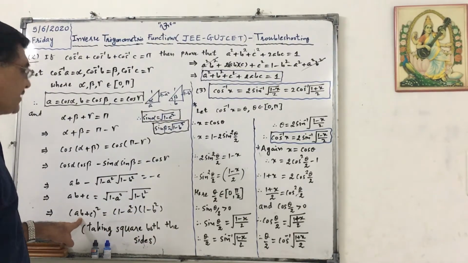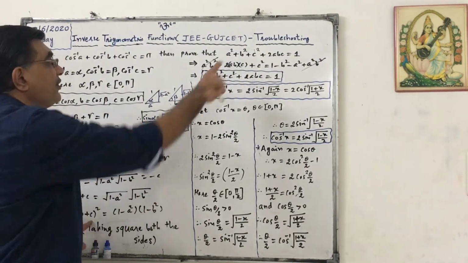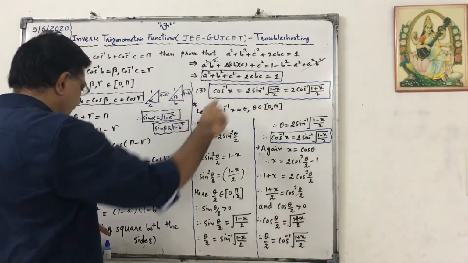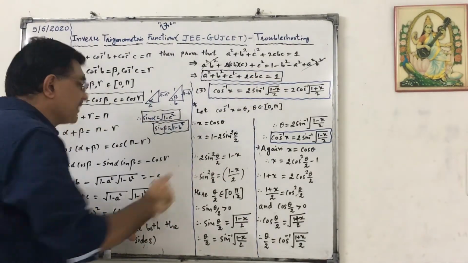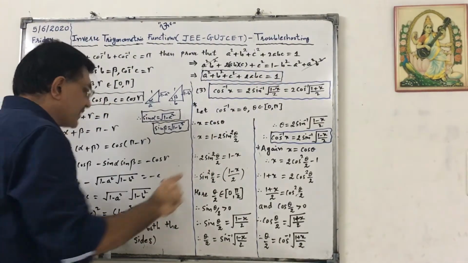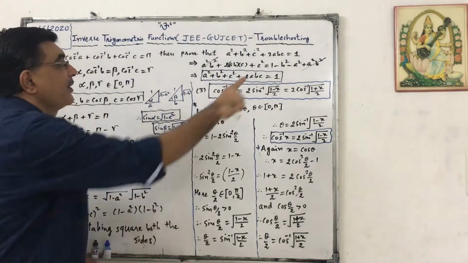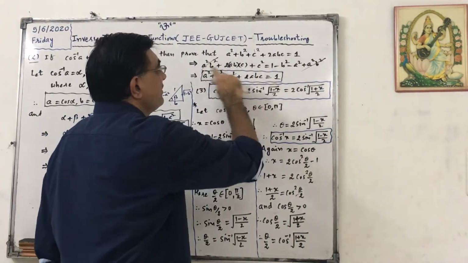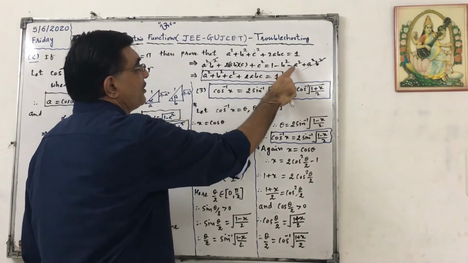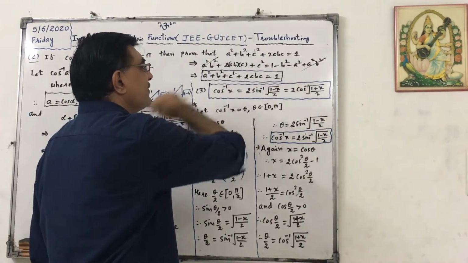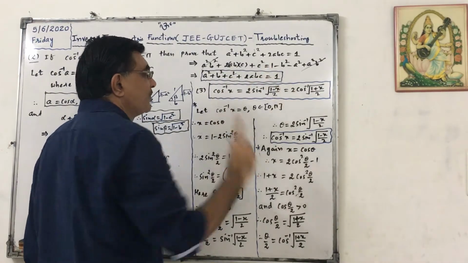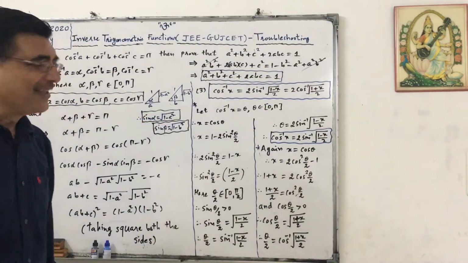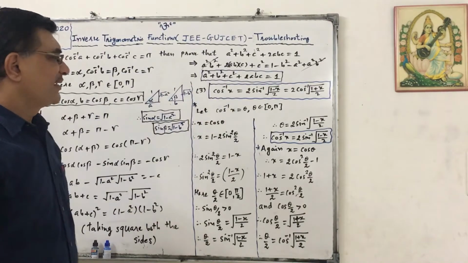Now expanding this, it will be A square B square plus 2 into AB into C plus C square equals 1 minus B square minus A square plus A square B square. So the A square B square terms will be cancelled. Now taking minus A square and minus B square to the left side, it will be A square plus B square plus C square plus 2ABC equals 1. Hence proved. Easy? Now this is the next difficulty.